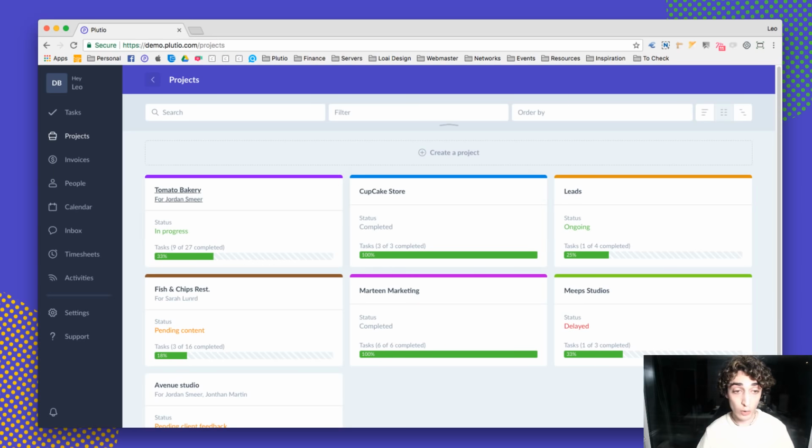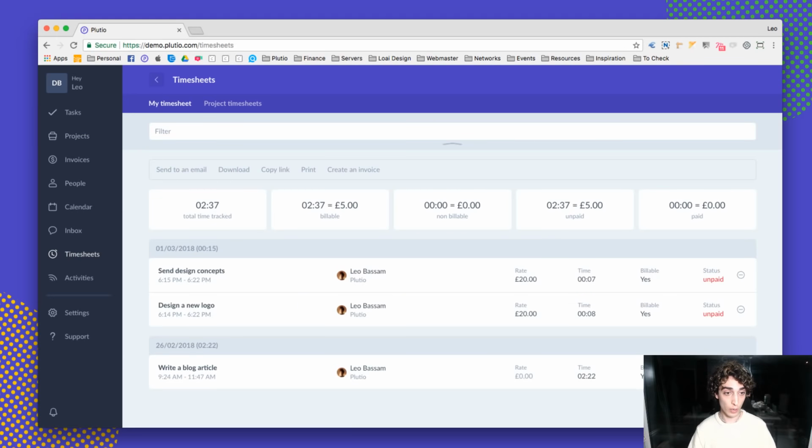To edit the time that you already tracked, you can do that from the timesheet. So I'm going to go ahead now to one of the times that we've tracked. Here's the timesheet. Simply click on the time input right here. Here 7 minutes has been tracked, so I can click on it. If I want to change it to 1 hour and 7 minutes, 47 minutes, I can